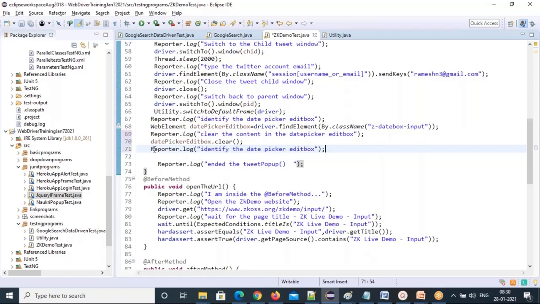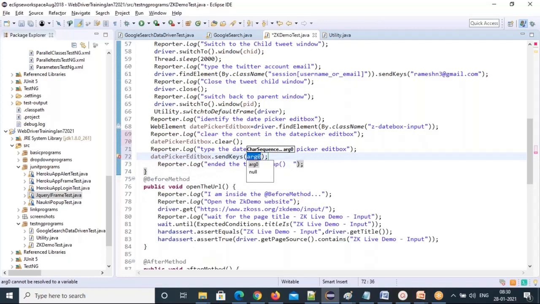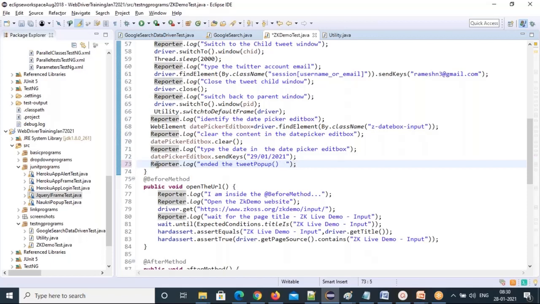Type the date you want in the date picker edit box. So the date picker edit box element dot send keys. So tomorrow's date I will type 01/2021.